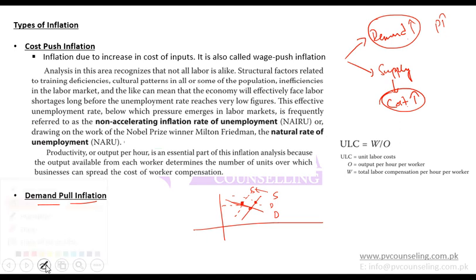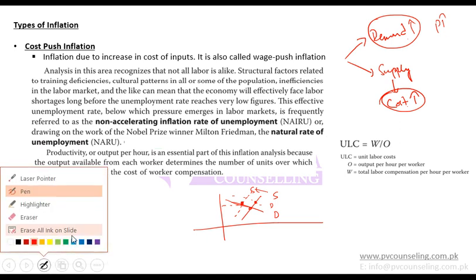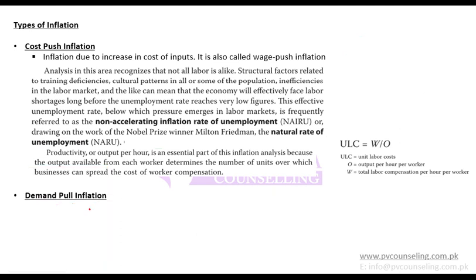Secondly, no matter what, even if an economy is efficient enough to employ all the resources, even then naturally there will be some rate of unemployment. That is, naturally there will be some rate of unemployment in an economy, even if everything is going fine or good. That natural rate of unemployment is known as NARU, natural rate of unemployment, also called NAIRU. Just remember the terminologies. NARU or NAIRU are natural rate of unemployment.